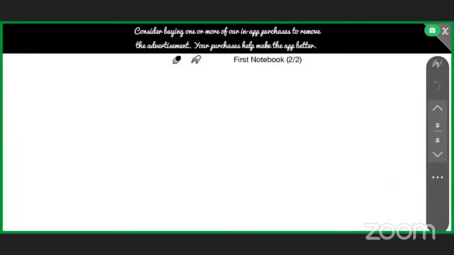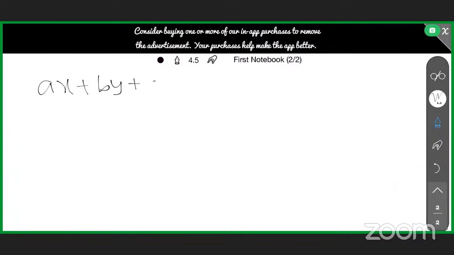Now again we are going back. We are going to learn some more corollaries of this equation, ax plus by plus c is equal to 0. This is my line equation. If there is one more line parallel to this line, then the parallel line's equation will become